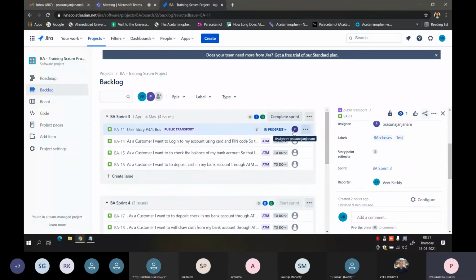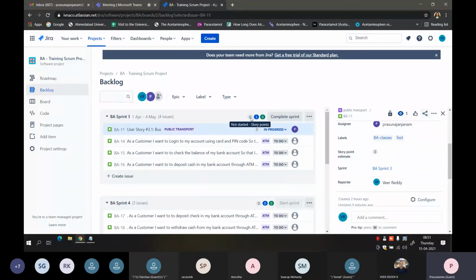Fine. And here, if you can see, this is in progress. This story has been given story points over here, right? 3, like we discussed earlier about story points, and that has been added over here. If these stories were given story points, they would be summed up and shown over here.